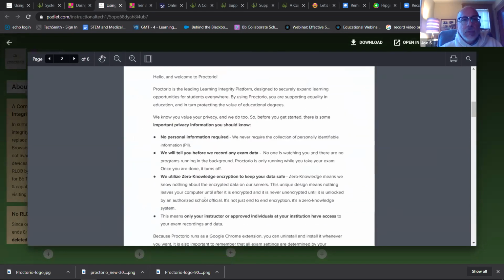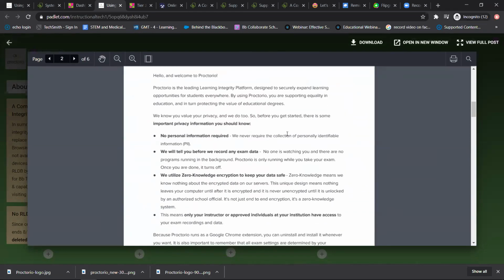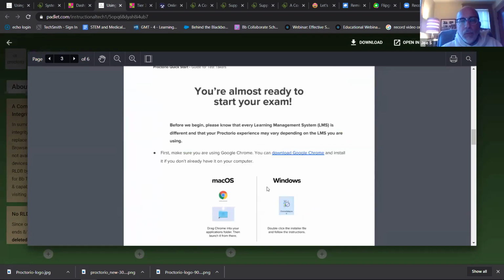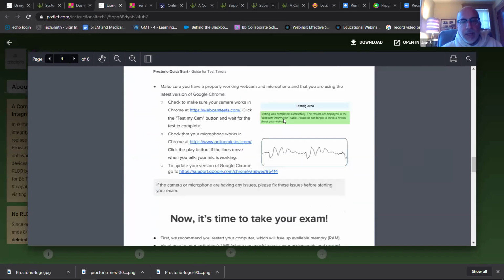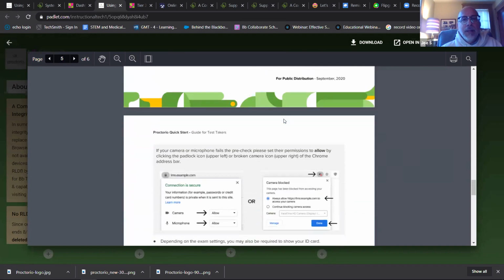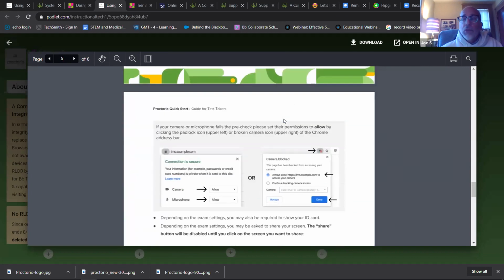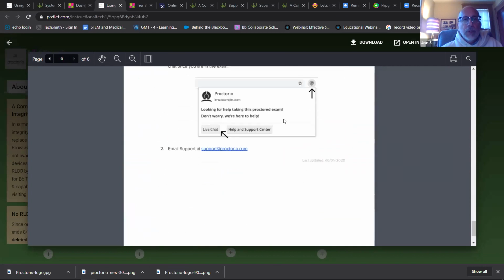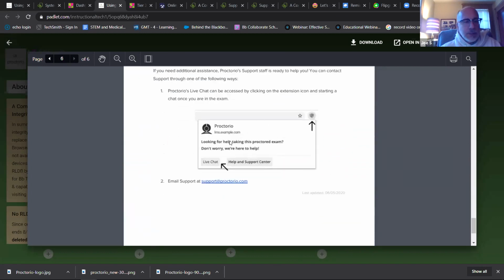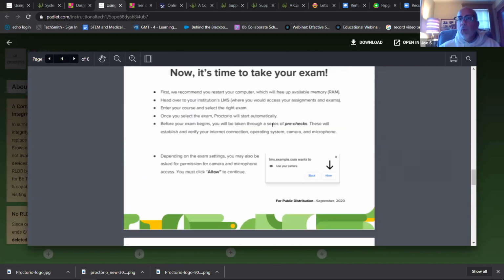It also tells them what they'll be able to do, what they can't do. It tells them it works on a Mac and Windows, and they have to add the Proctorio extension to Chrome. They have to have Chrome, and so on. So there is documentation. There's just not a video that's been set up for what it looks like as a student. And again, this is the best mechanism for the student to use to actually get help when they fumble. All right. And some will.